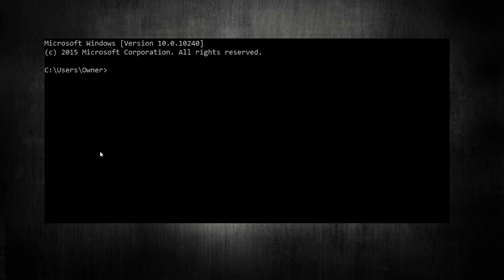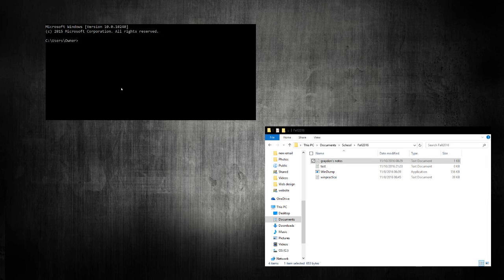All right, so the first thing that we're going to want to do is get our files into the same directory. Now, this isn't necessary, but it makes it a whole lot easier, and it's a lot less typing. So you can see that I have here all of my WinDump stuff in the same file.